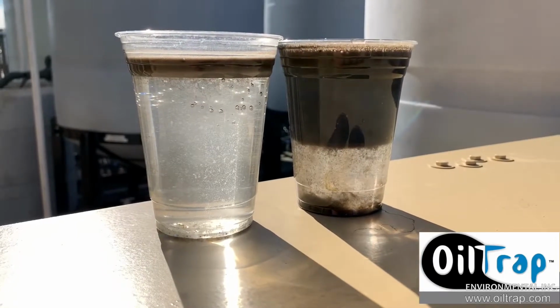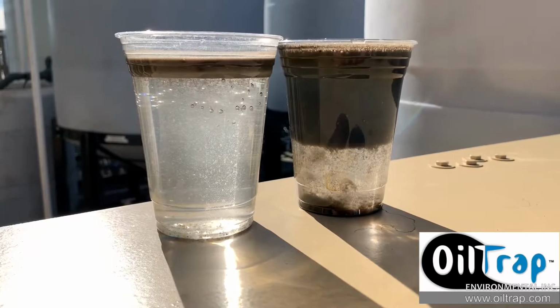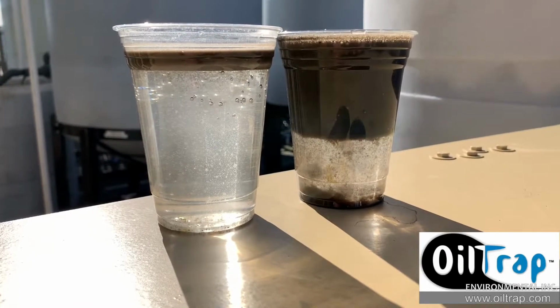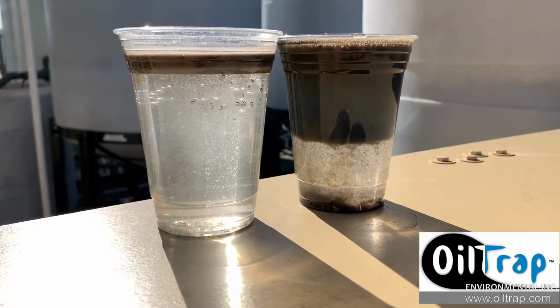In conclusion, the sample on the left is the water that was pulled coming off the cells, and it now shows a distinct sludge layer at the top. The sample on the right was pulled from the input of the sludge dewater tank, and it will continue to dewater until it reaches the